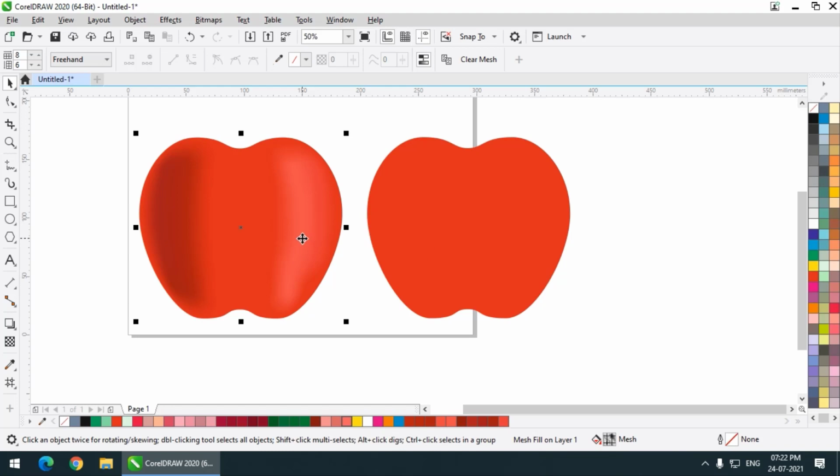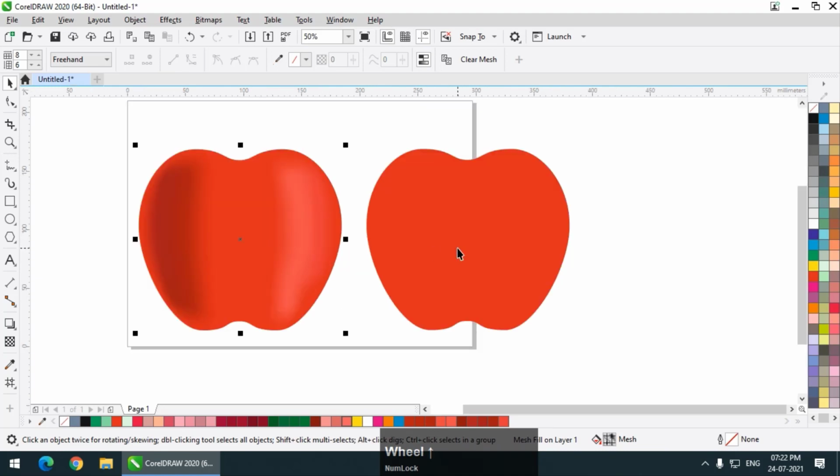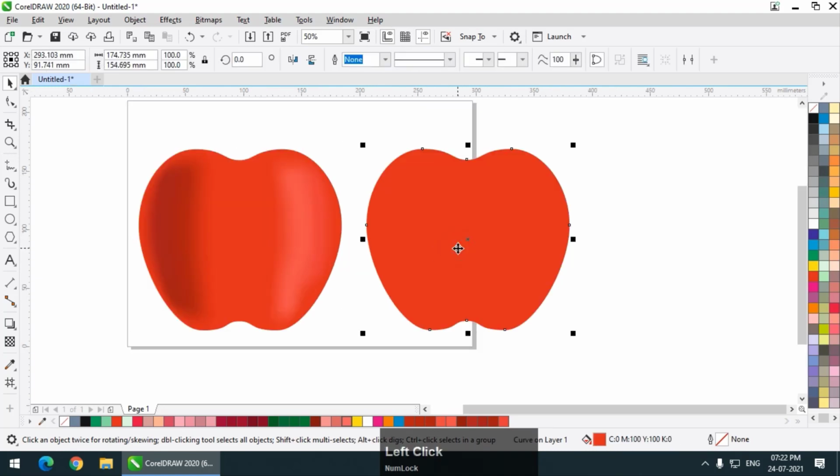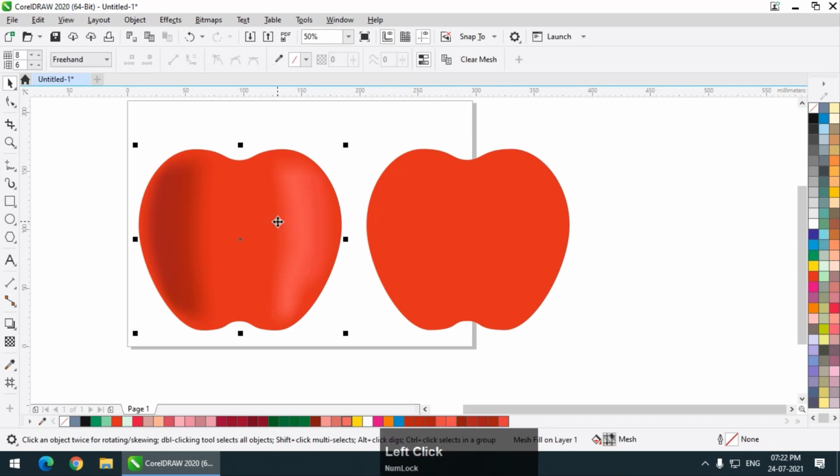I'm not saying it is looking great, but as you can see, this is looking more realistic as compared with this. This is basic 2D color with a single shade, and with the mesh tool we have added some different shades of color. So this is how it works. You can always make it more interesting, make it more real, but you have to keep on working on it.